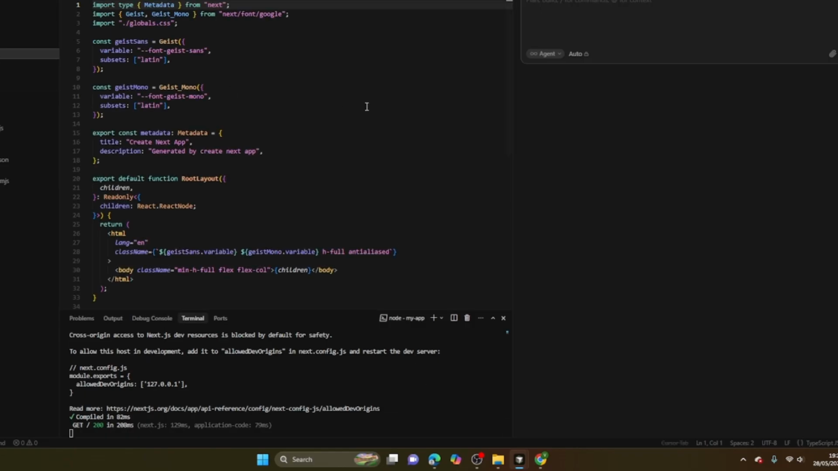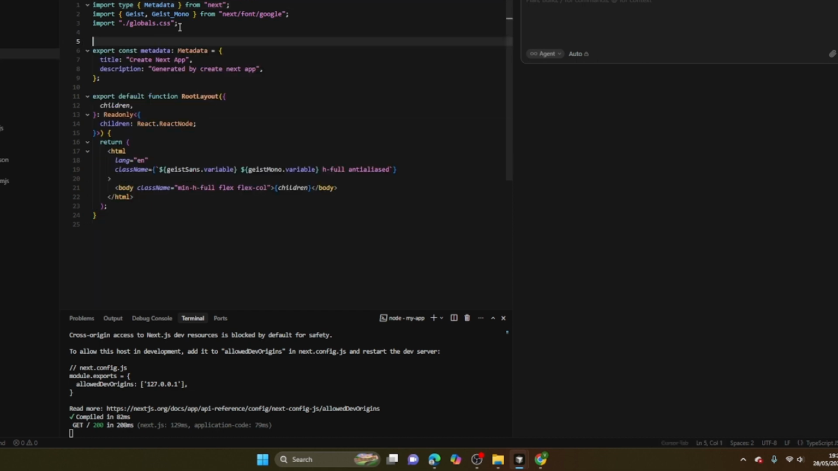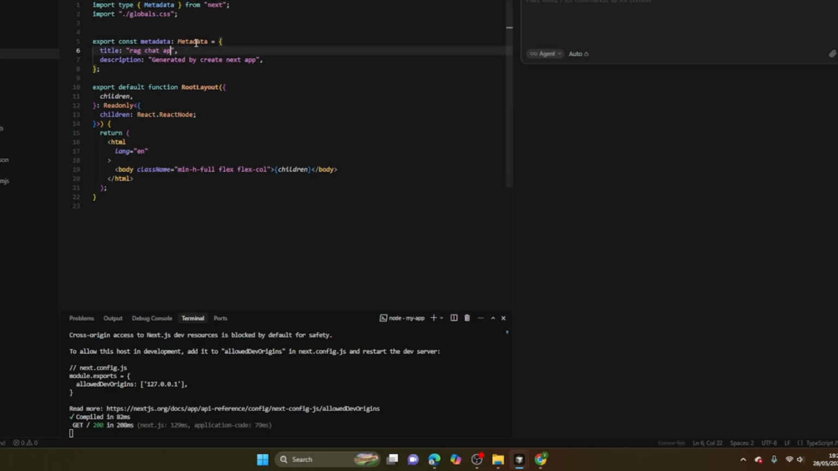For the layout.tsx, we're just going to get rid of most of this. For example, we don't need this at all. We don't need this font here because we're not using any app. I think that's just clear. And for the description